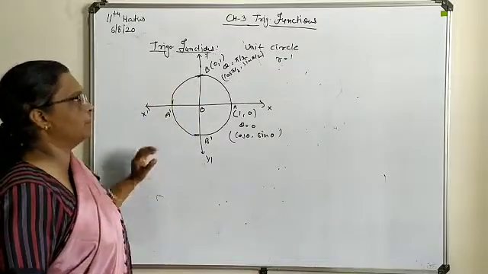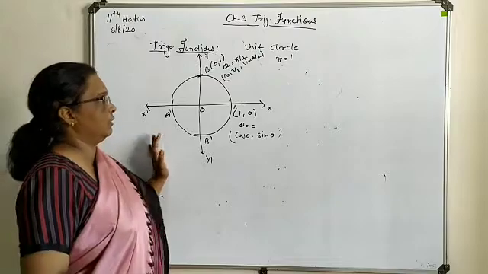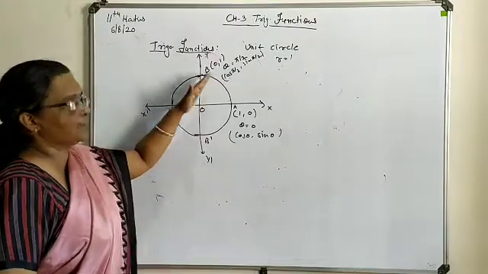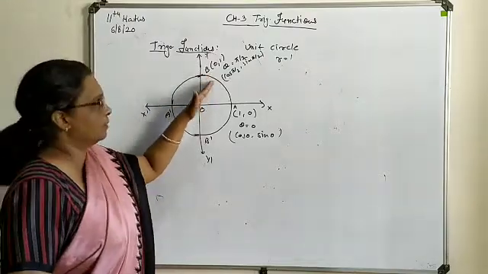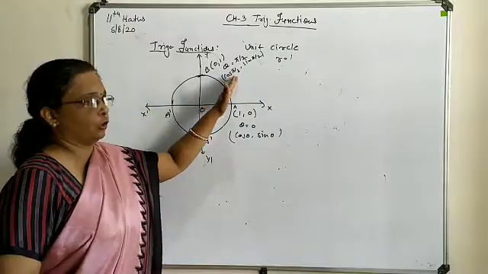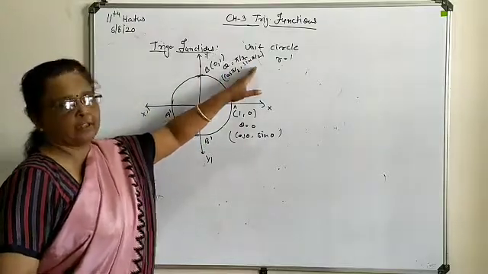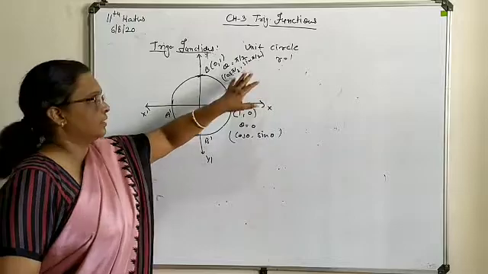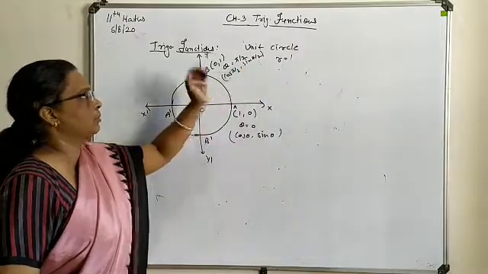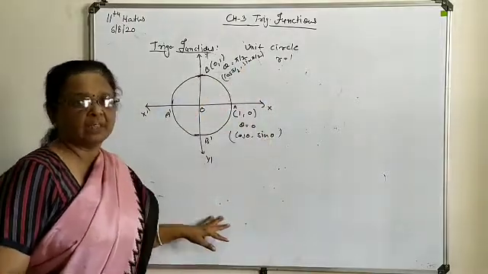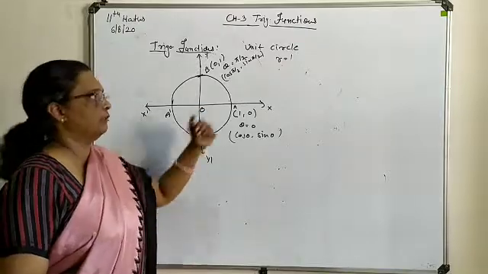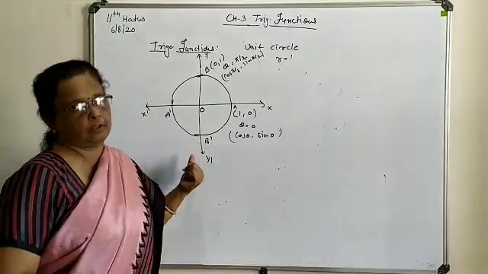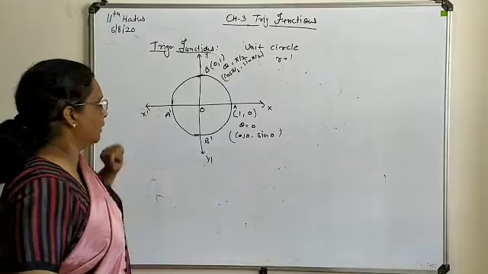So nothing is to be merely memorized. Behind each value there is a concept. If your concept is clear, then why every time we take cos in the first position, and why every time you take sin in this particular position, behind that we have discussed the theory. Why it is sin on the y coordinate, and why it is cos on the x coordinate. Now come to this point.